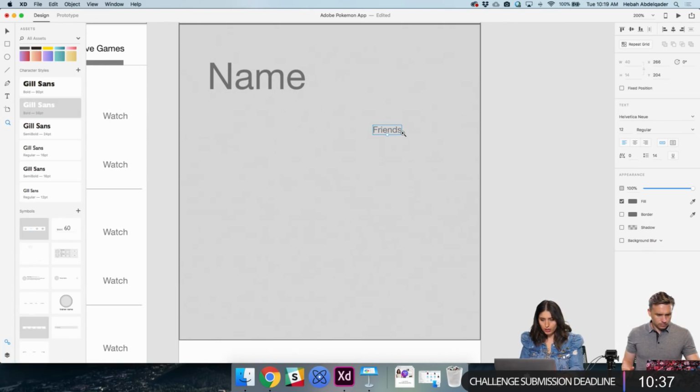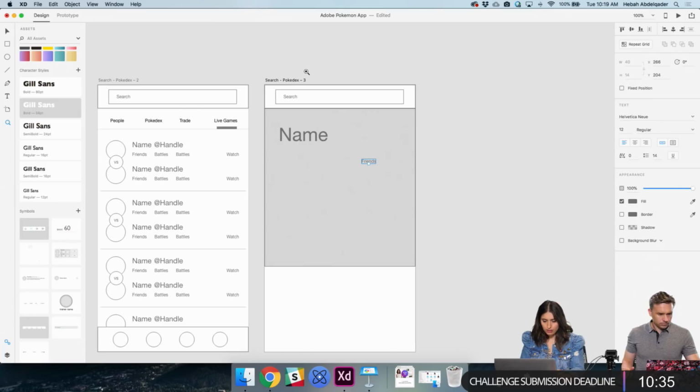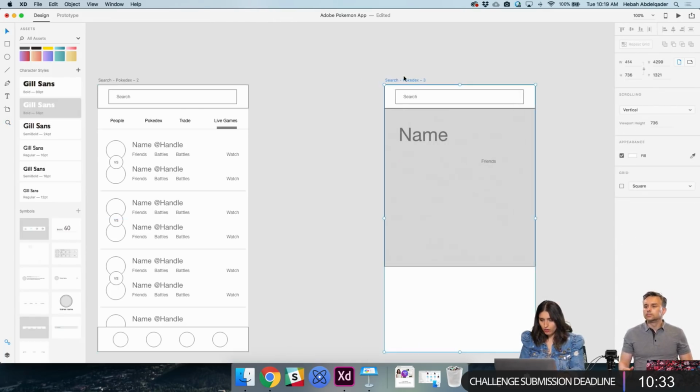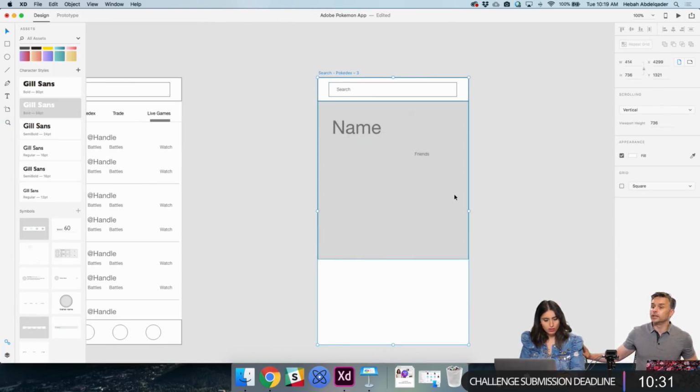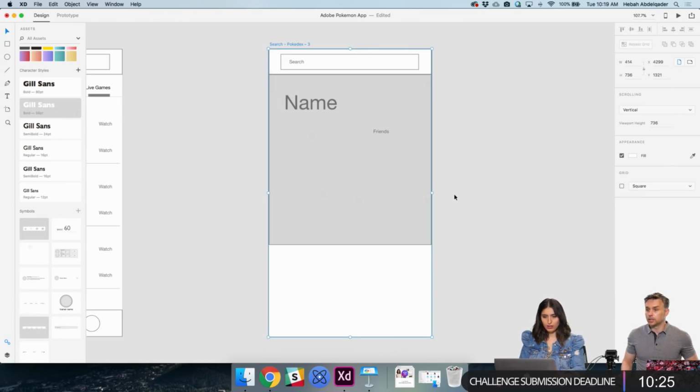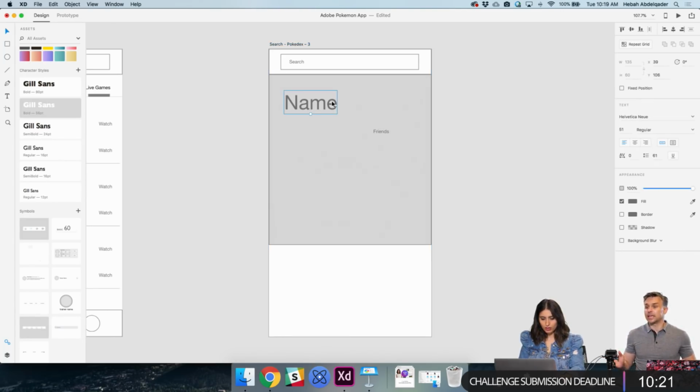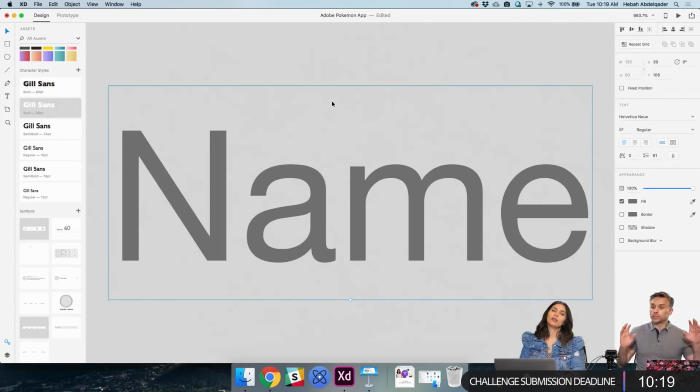Another thing, Command 1 basically focuses on your main screen. I've got another shortcut that I love. Which one? Command 3. Select anything, Command 3 will center the object within your viewable area.